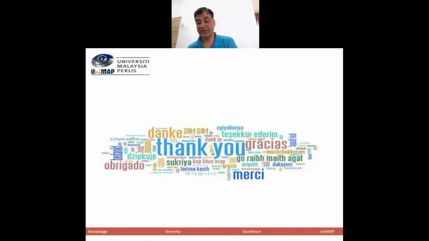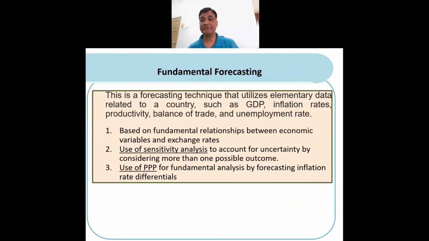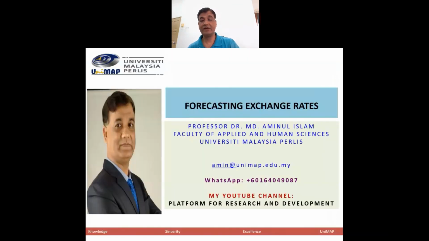That's basically on this topic, right? I tried to cover quite extensive coverage within a few slides. I prepared very compressed slides on this topic, forecasting exchange rates. So I started with the definition of it, importance of it, some limitations of exchange rates and methods. Okay,